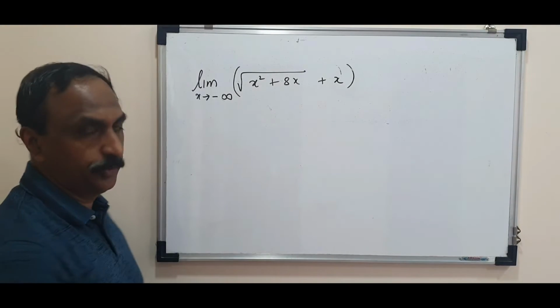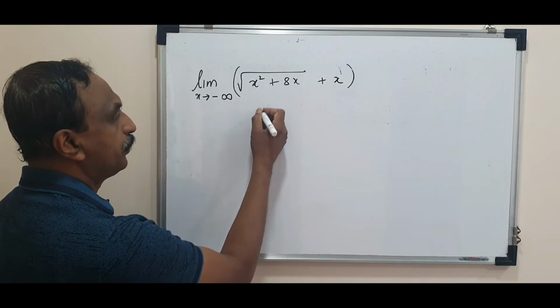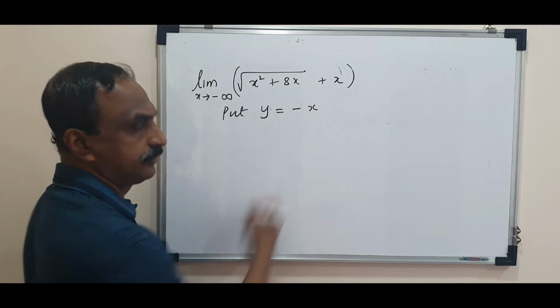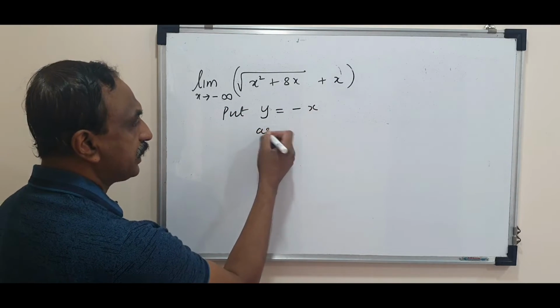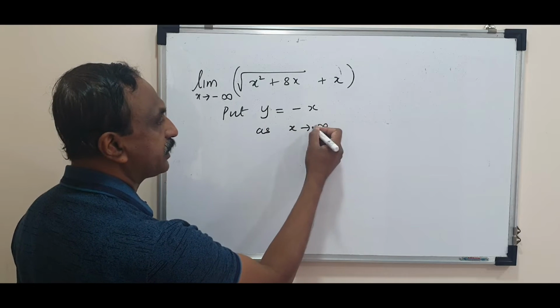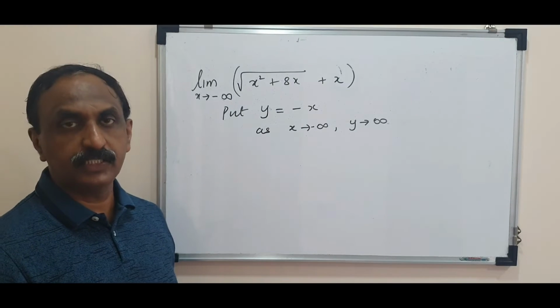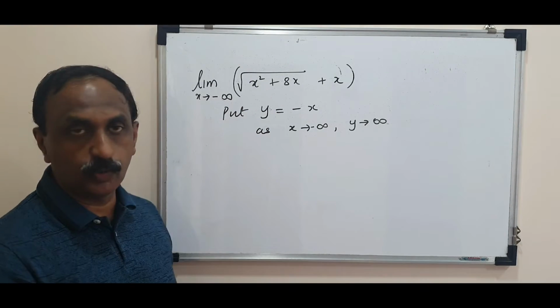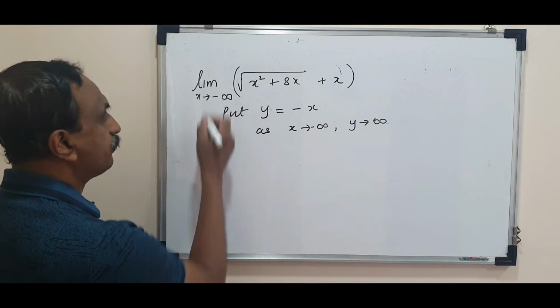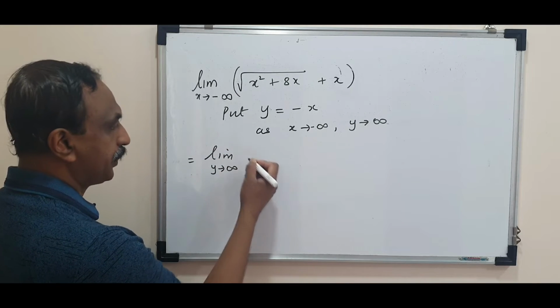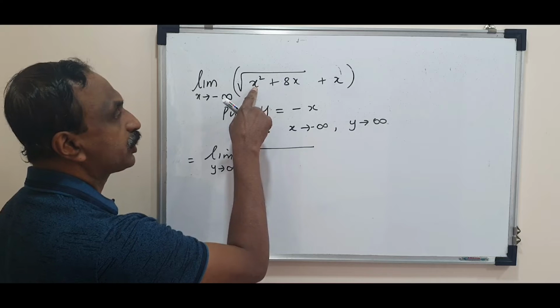Whenever x is tending to minus infinity, what you should do is put y as minus x. So as x is tending to minus infinity, y will tend to plus infinity. Plus infinity is easy for us to calculate because of the square root. So I can write instead of this, limit y tends to infinity, root of, instead of x, I am going